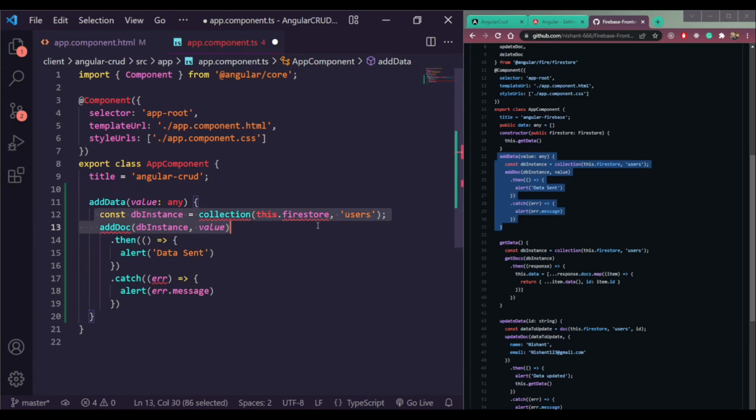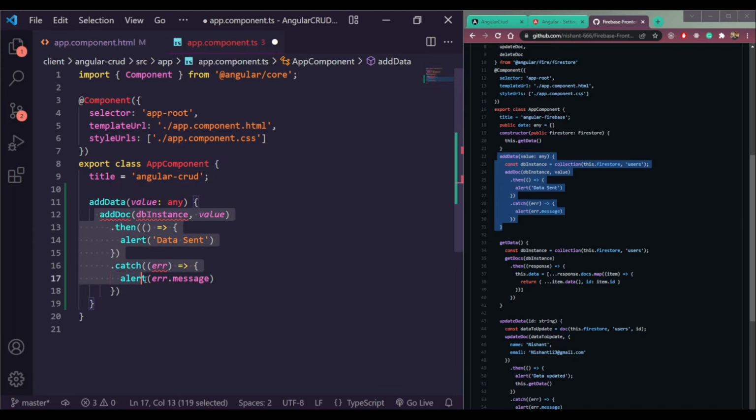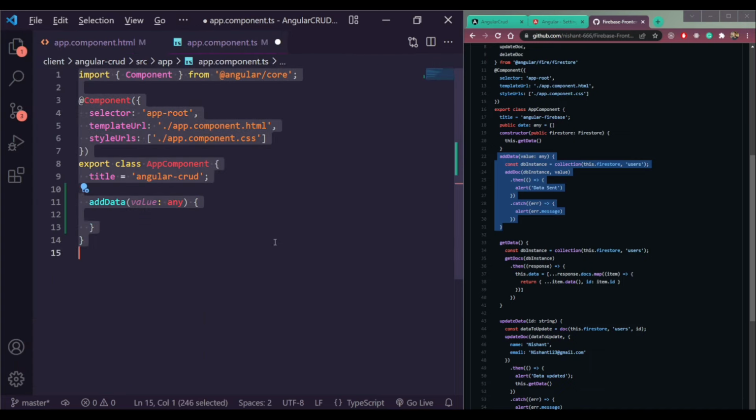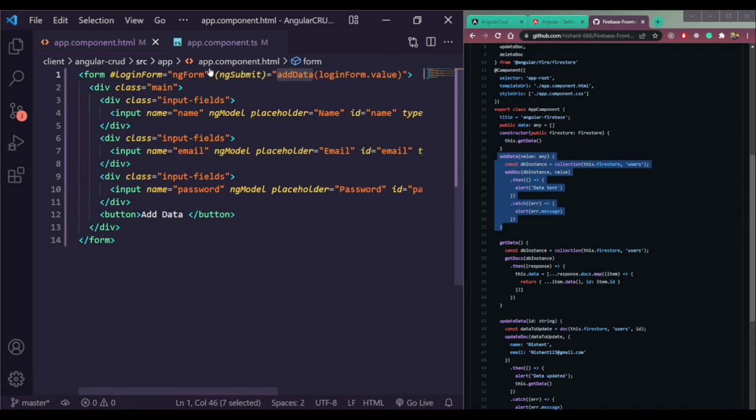Fine. So we don't have all of these things, so remove them. Just remain with just relieve add data here. So let me just format this and we are done. But let's name this add data function something else. So let's say submit